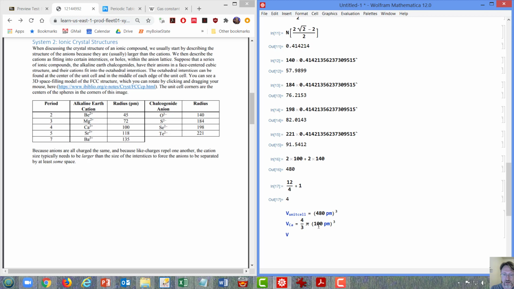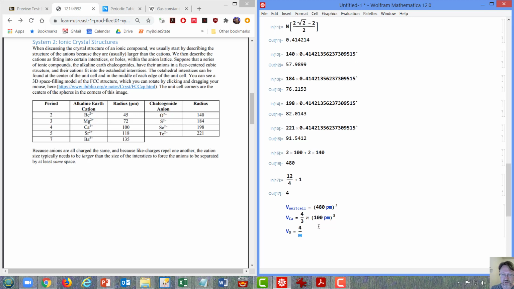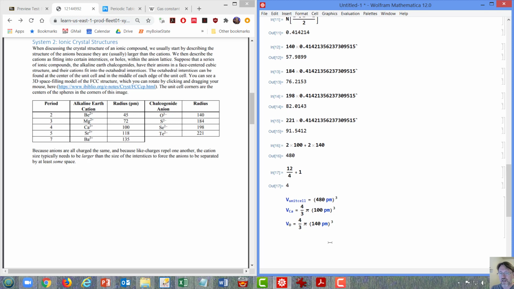The volume of an oxide ion is going to be 4/3 pi 140 picometers cubed. All right, the volume of all of the ions in the unit cell